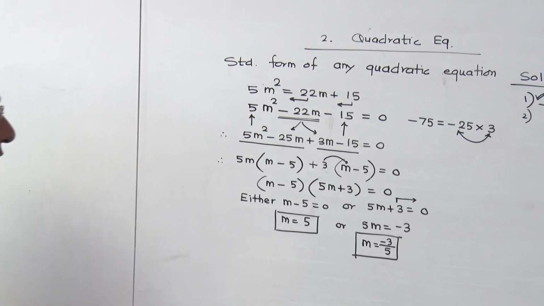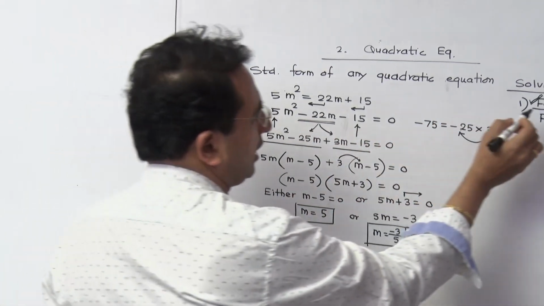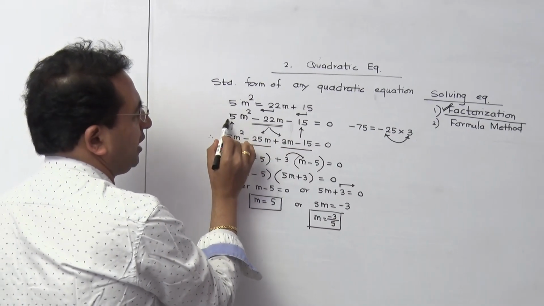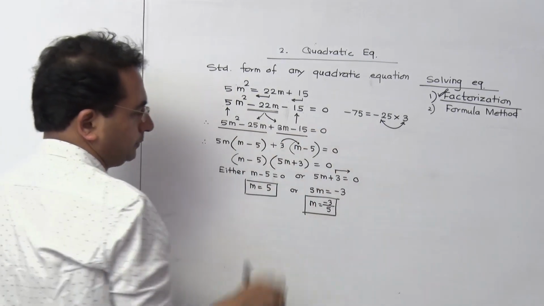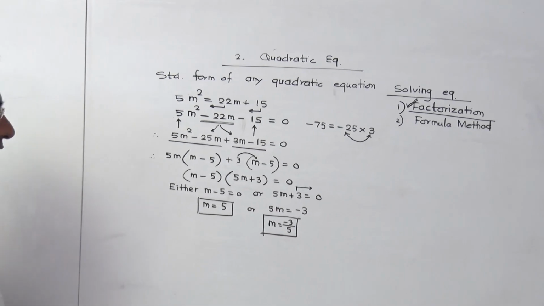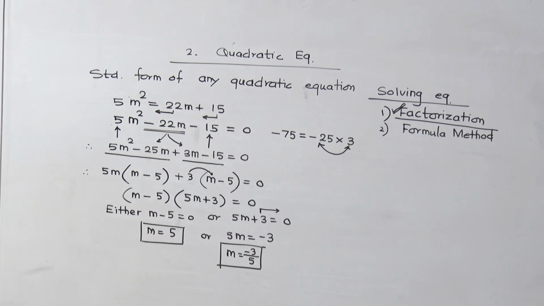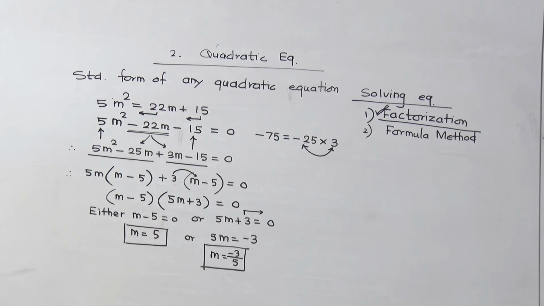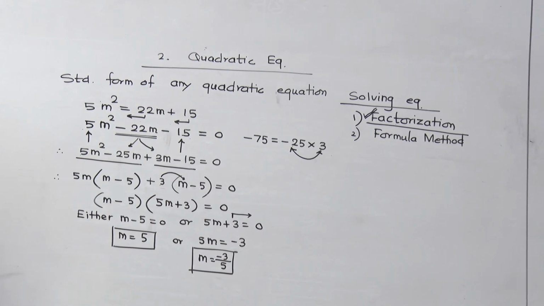So basically, whichever quadratic equation we are solving, if you are asked to solve it by factorization, then we have to solve it by first making it standard form, splitting up the middle term according to this rule. I hope you must have done this method so many times. One question for 2 marks is always asked on factorization method, as the content of this topic is limited. The probability of the questions is more.